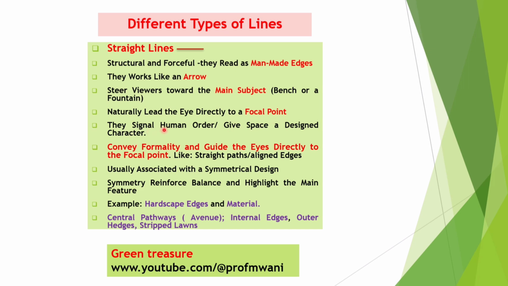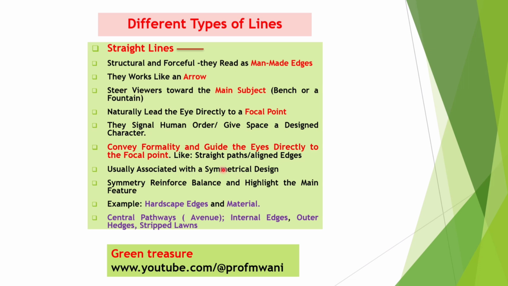They signal human order, because lines are always ordered. Lines make an area an organized structure and give space a designed character. They convey formality because they guide the eye directly to the focal point. Like you have straight paths, you have aligned edges, and when you are taking lines into consideration, it is